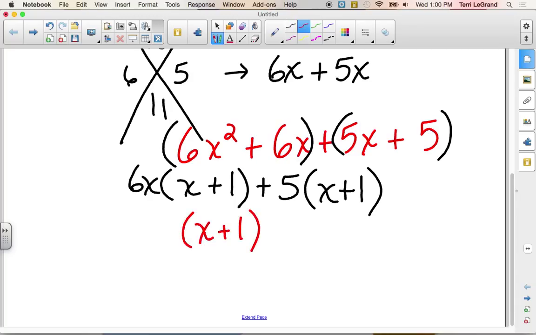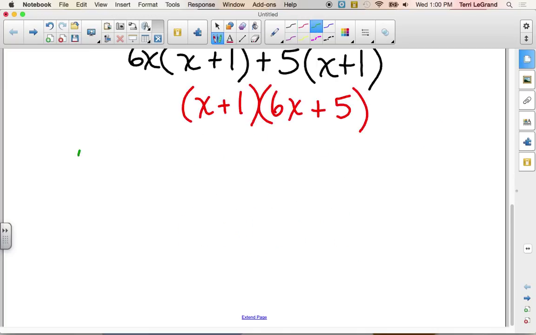And sure enough, look what happened. One of the binomial factors is our width, isn't it? So what's the other one then? Okay, so let's write that out, what we just found. So we were going to say the length of the rectangle